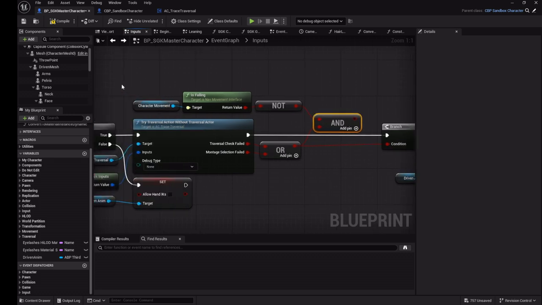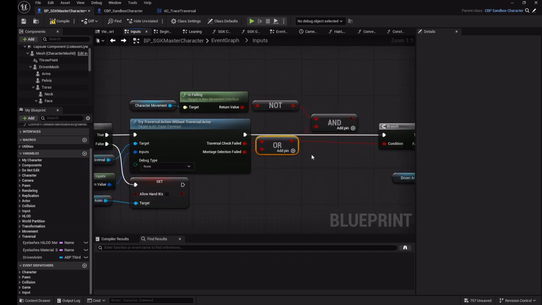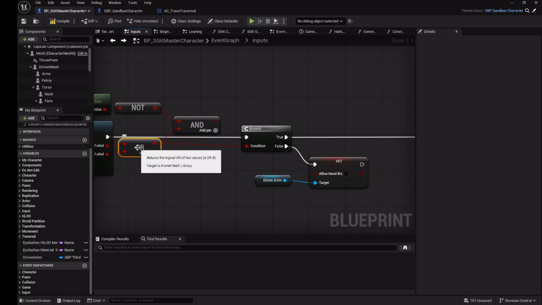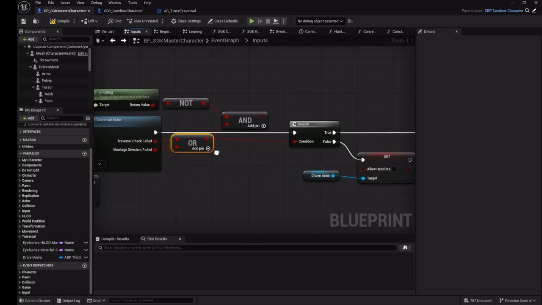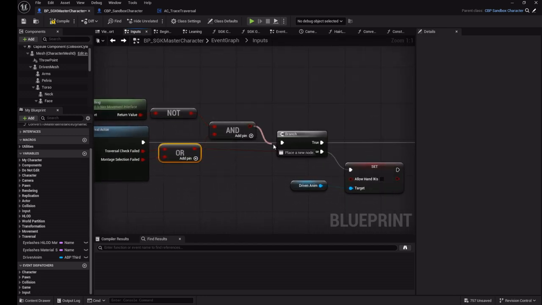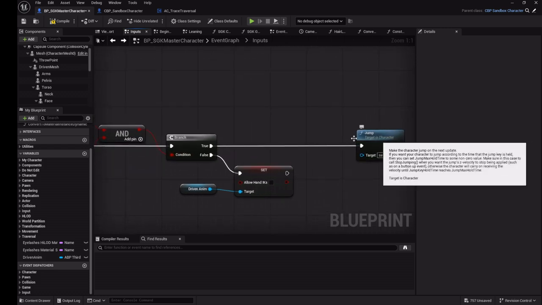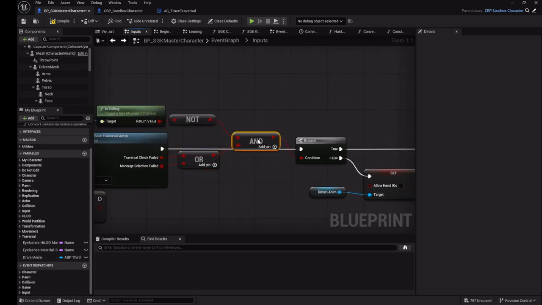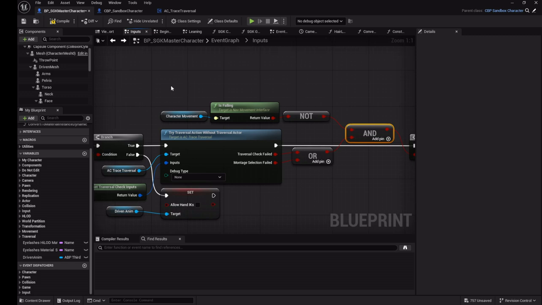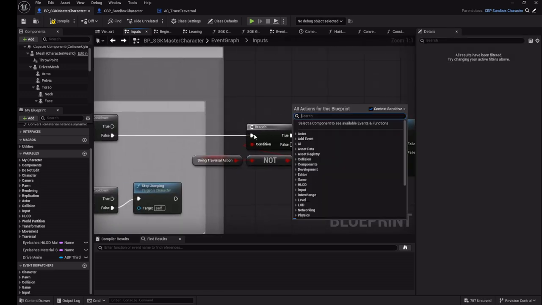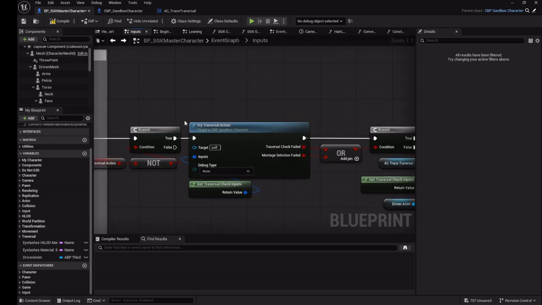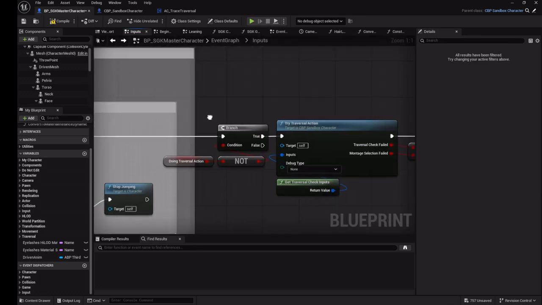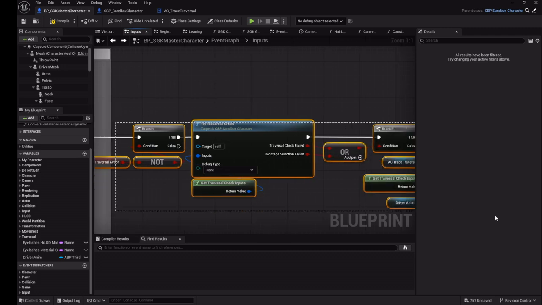So if you're not falling, and both the traversal and montage check failed, then you can actually jump. What that'll do is this should allow us to still be able to... I was thinking about this, is that there's catch animations, and another thing too we're going to do here is